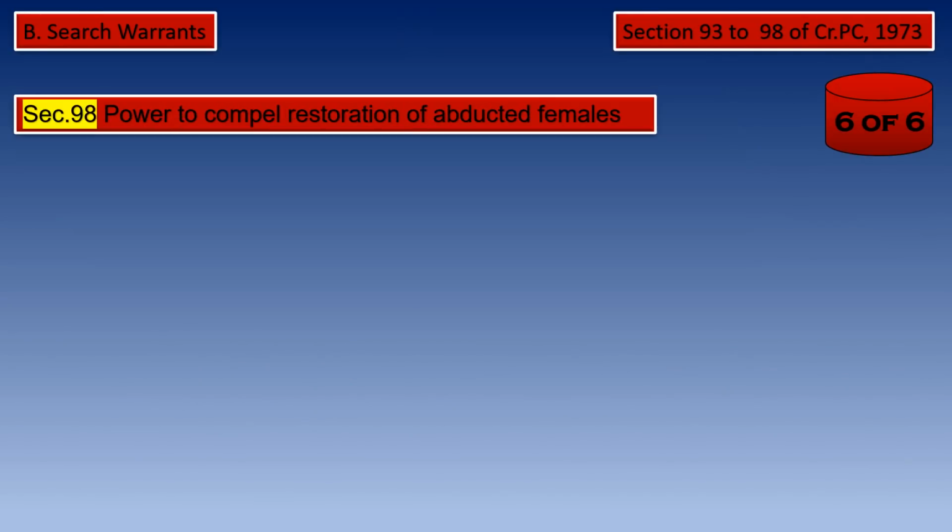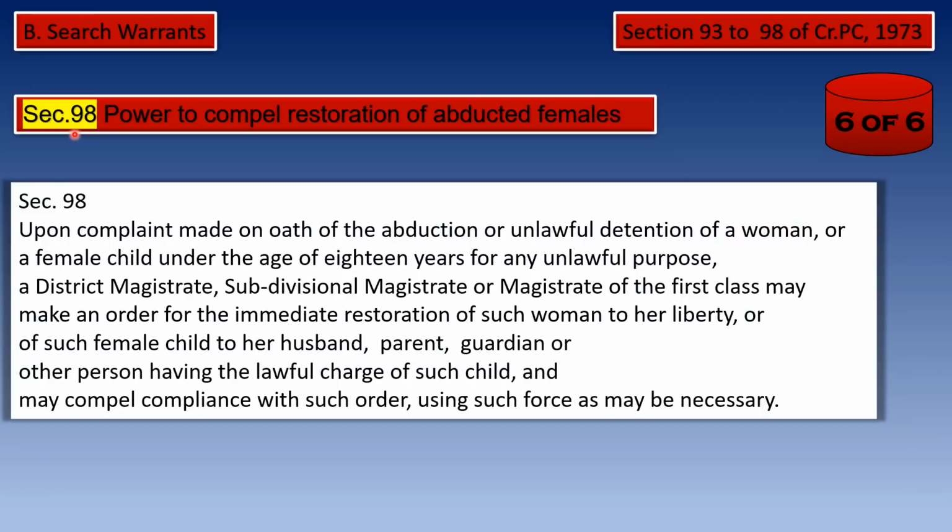Sixth point of search warrant is power to compel a restoration of abducted females as per the provision of Section 98. Let's read in the Bare Act language first. Section 98 says, upon complaint made on oath of the abduction or unlawful detention of a woman or a female child under the age of 18 years for any unlawful purposes, a district magistrate, subdivisional magistrate, or a magistrate of